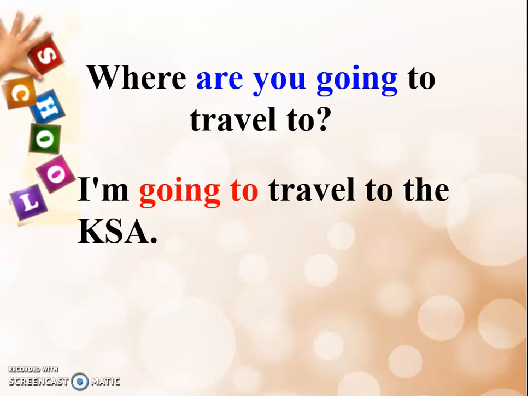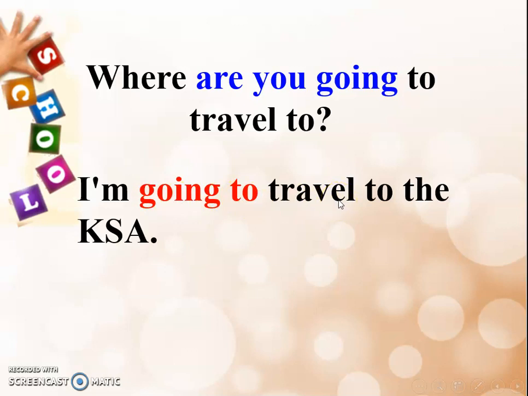For example, I am going to travel to Tunisia, which means it's my plan to travel there in the near future. So the form is am, which is auxiliary be. So we have three types. For example, we have am, is, and are. It depends on the personal pronoun, okay, or the subject, plus going to, plus verb. For example, I am going to travel.